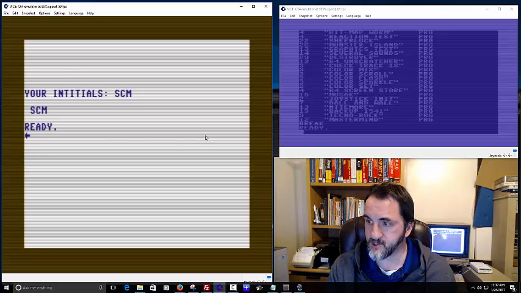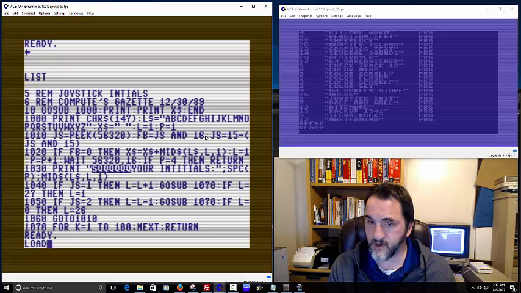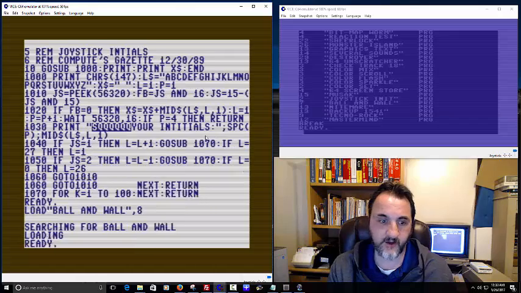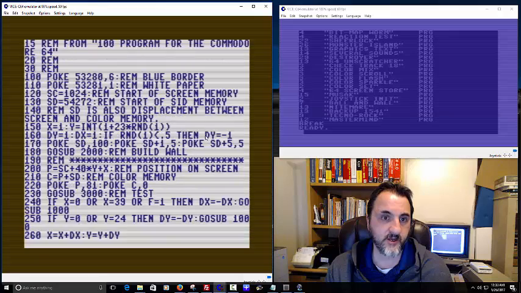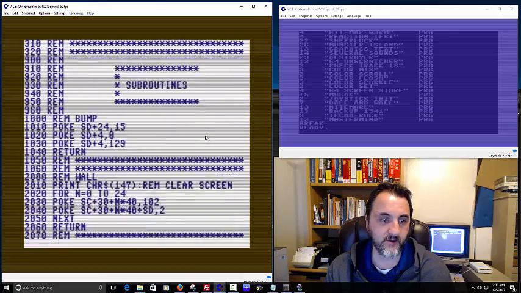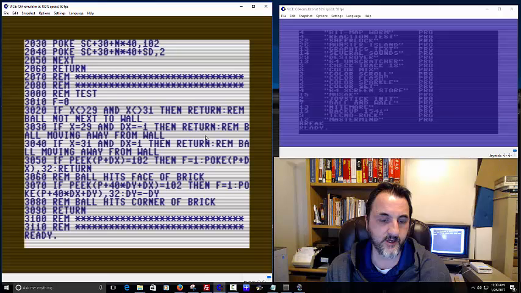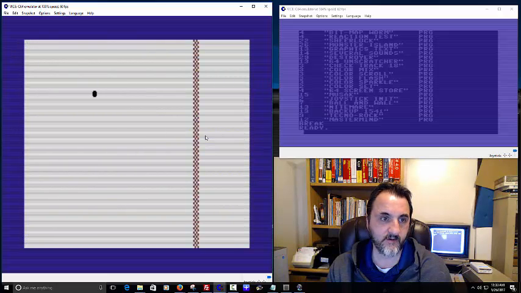All right. So next, we have Ball and Wall. So this might be the last one. We're at 45 minutes already. So just to show this one, this is another 100 programs for the Commodore 64. Subroutines. This is a bouncing ball, I believe.